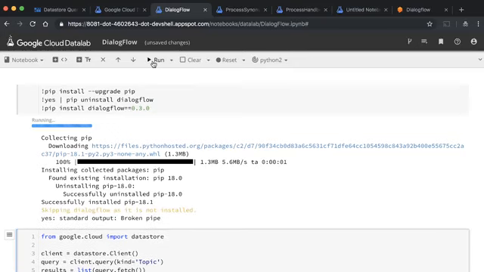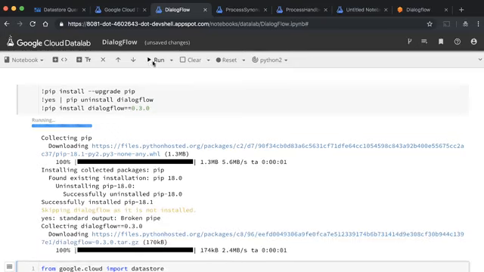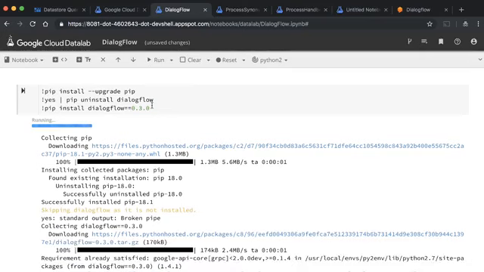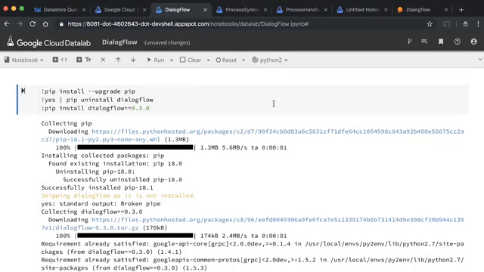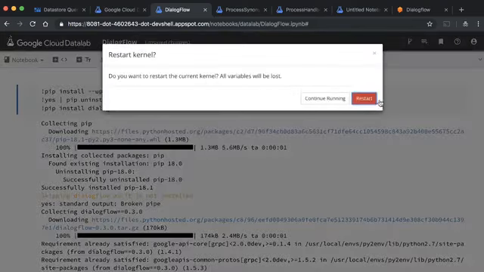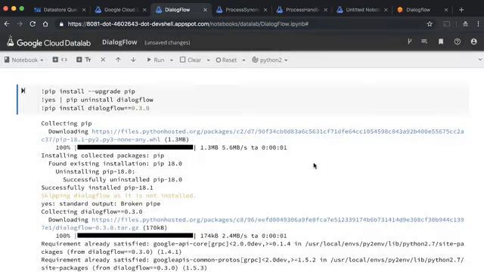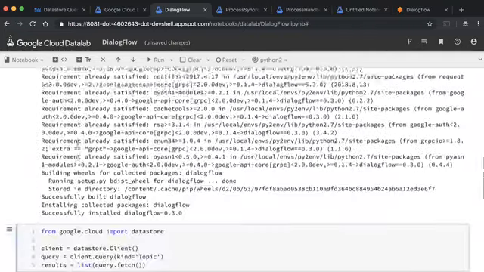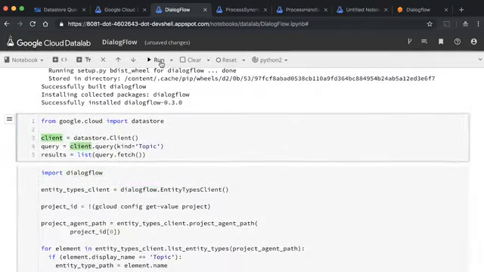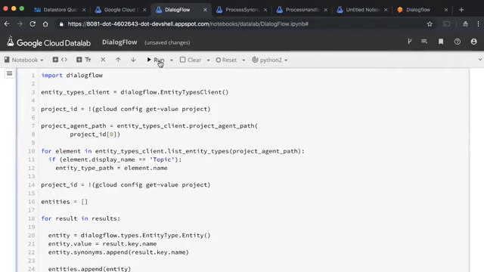So I'll let this cell finish. And then we'll click the drop-down next to reset, interrupt execution, and then we'll do reset and restart. So now that we've restarted, we don't need to go back and rerun the first cell. So we can just pick back up with the next cell, and we'll run these one by one.